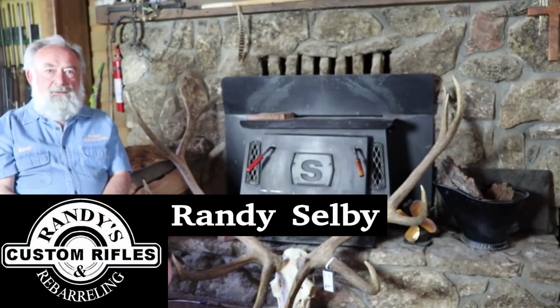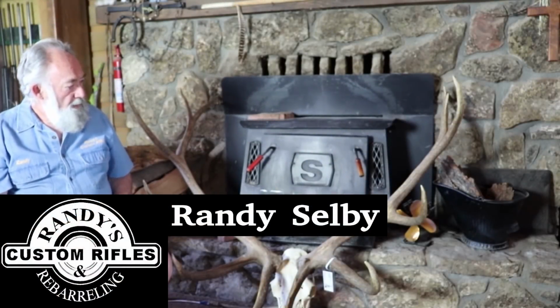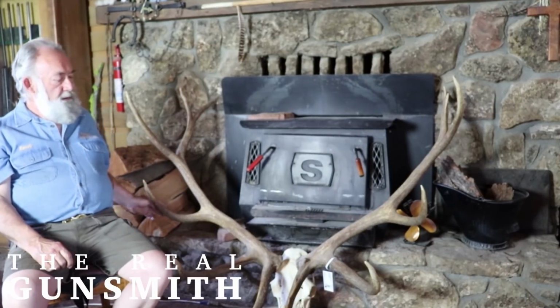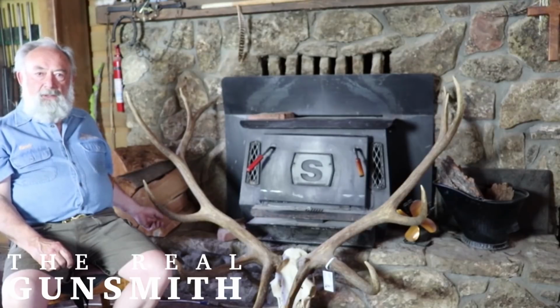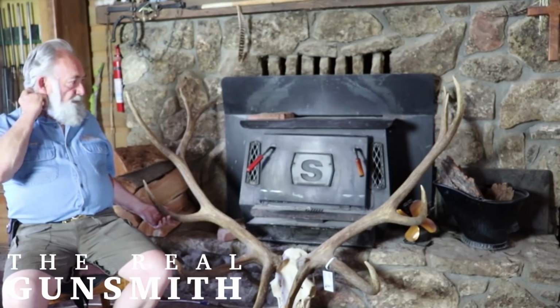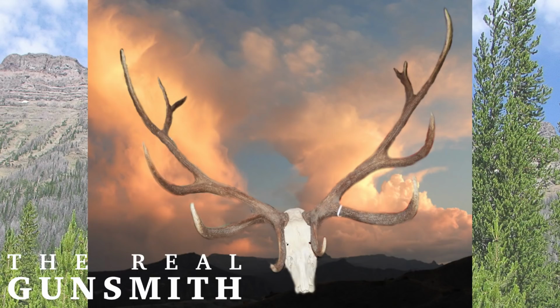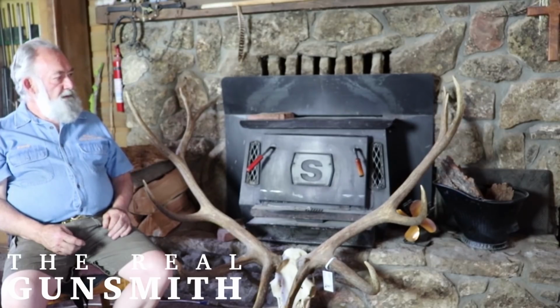We're going to talk about elk hunting, and specifically this particular elk. This is a huge bull elk that I killed around a dozen years ago. This is the biggest bull that I've taken in going to be 56 years of elk hunting. And this bull has a 52 1/4 inch